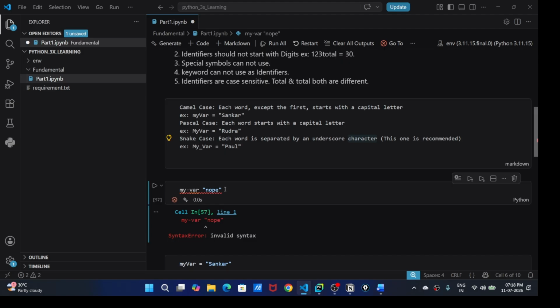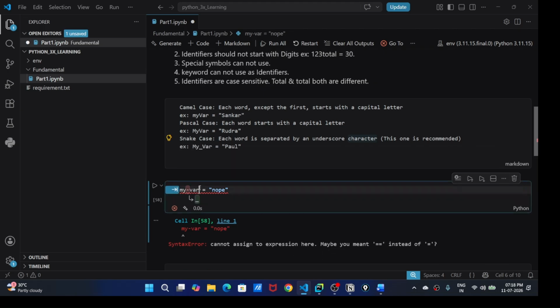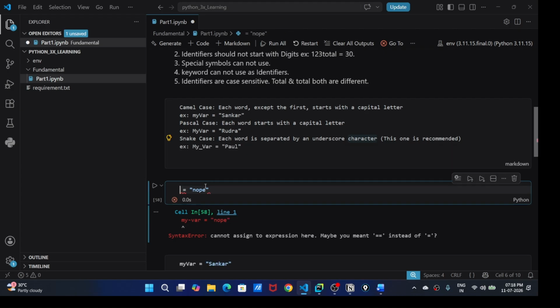Same way, if I use an if, it is still an error: cannot assign expressions here, syntax error. Instead, if you use any keyword, class is one keyword. If I use class, again a syntax error. So class is a reserved word, and just because of that it's showing an error.